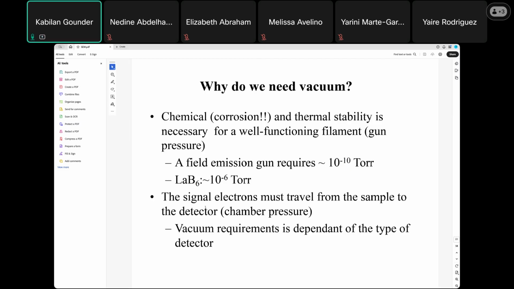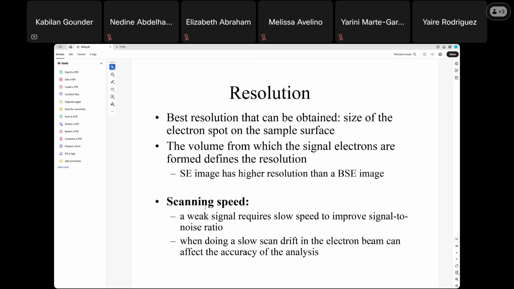Also, the field emission gun requires 10 to the power of minus 10 torr. The signal electrons must travel from the sample to the detector, so chamber pressure is also important. The vacuum requirement also depends on the type of detector, whether backscattered or secondary electrons. Here we are going to deal with many samples,